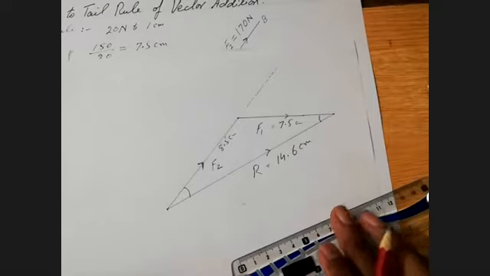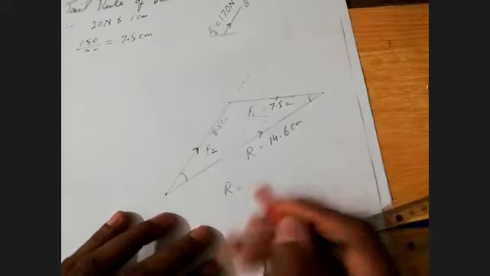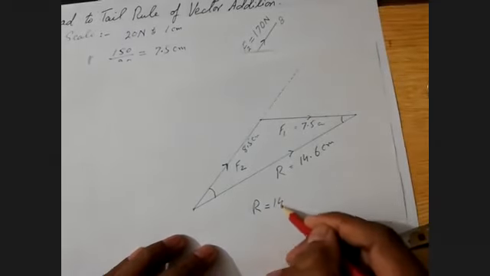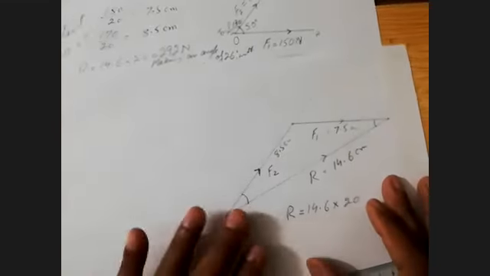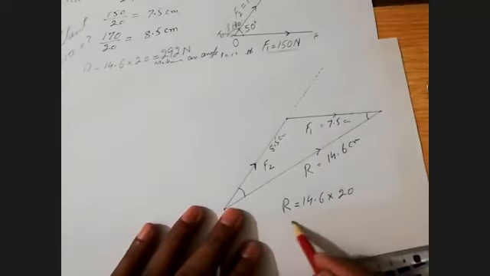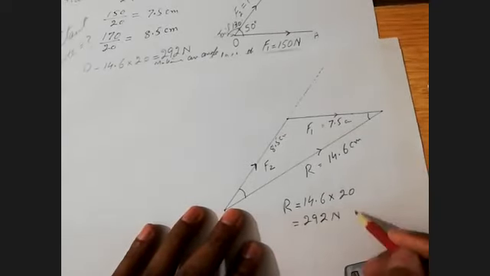Now how am I going to write down the resultant? As you know, I took 20 Newton to 1 centimeter. This 14.6 multiplied by 20 gives you 292 Newton force,